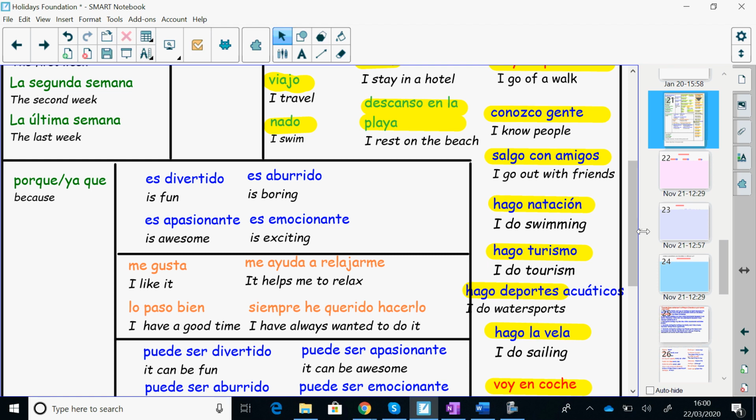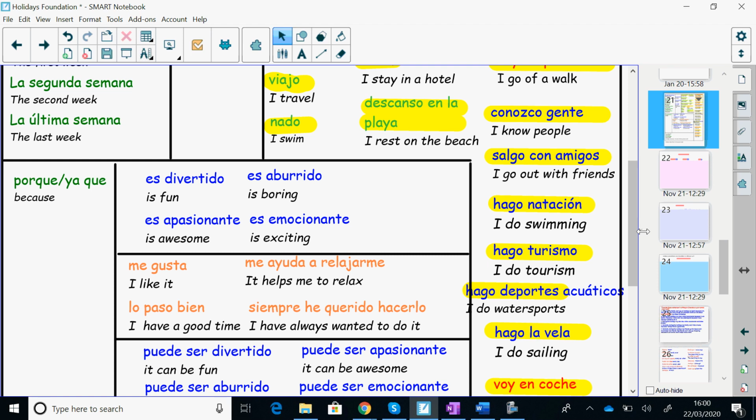Okay? That was activity number 1. You can go backwards and you can do it again. You can also pause it, so you basically can work at your own pace. Okay? The next thing we're going to do is